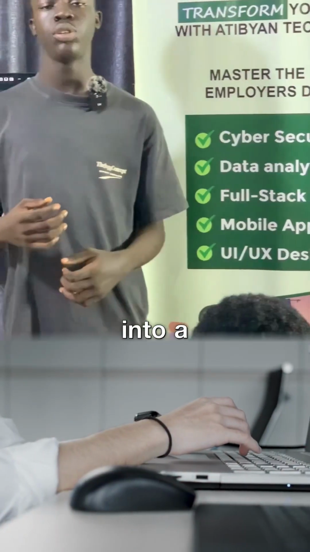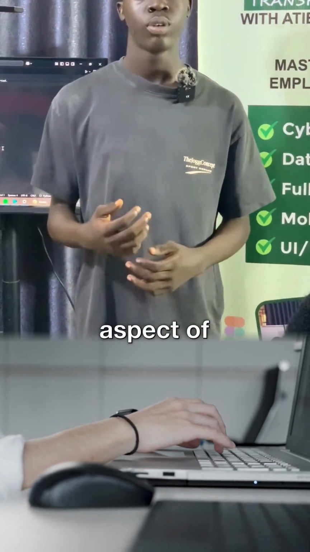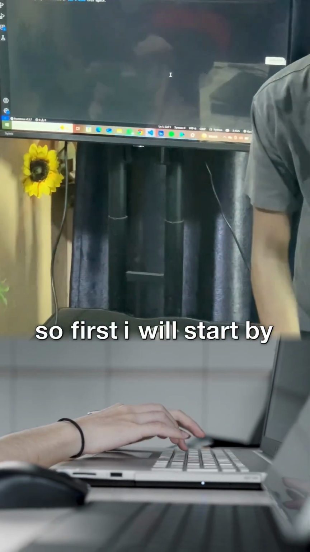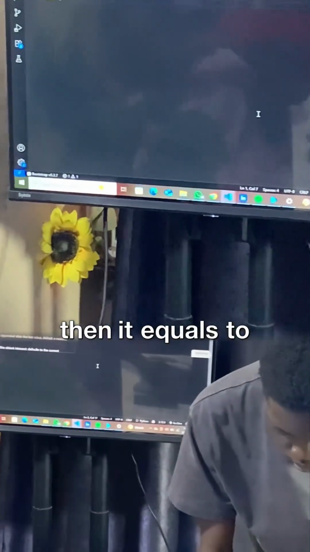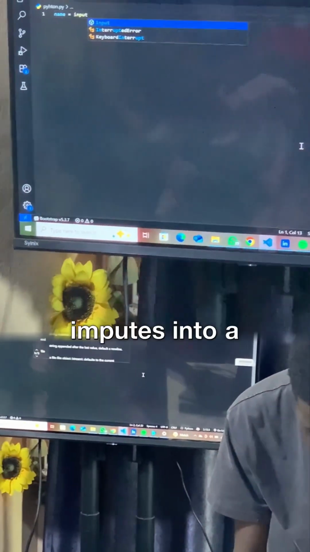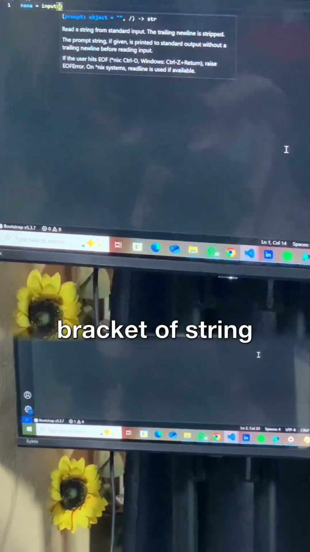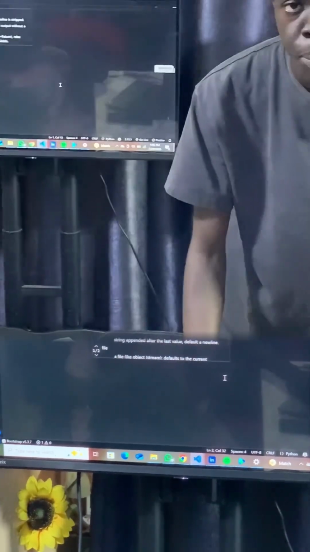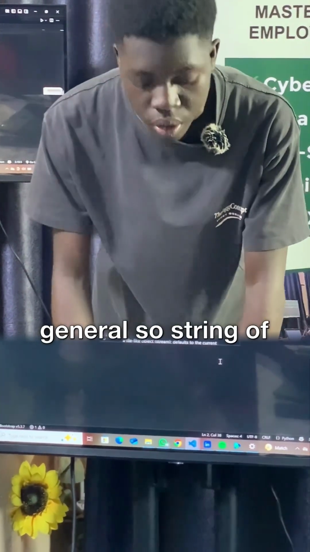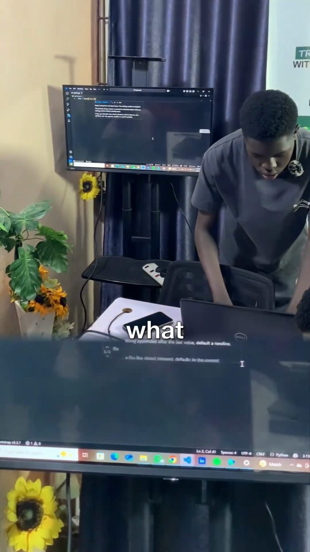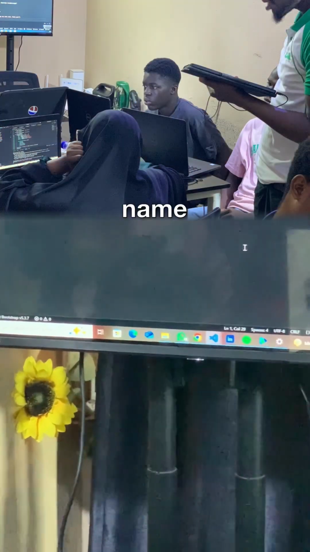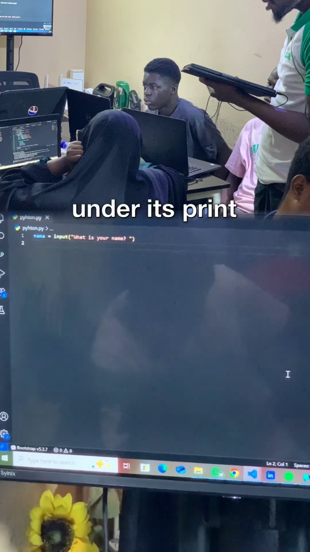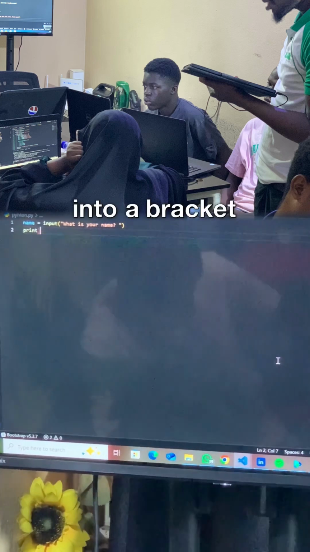I would love to dig a bit into the practical aspect of Python. Let's go. First I will start by giving a variable name, name, then equals to input, into a bracket of string. One thing you should know is that string is one of the important things in Python, or even in web development in general. So string of "What is your name?", then question mark, space. Under it, print, into a bracket,